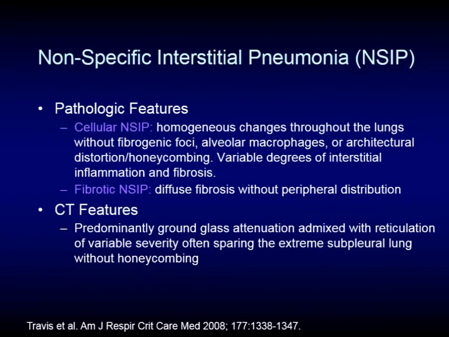There's not too much architectural distortion, and certainly almost no honeycombing. What we see on CT is predominantly ground glass admixed with reticulation of variable severity, and in many cases, it will spare the subpleural periphery, or the very edge of the lung, in about